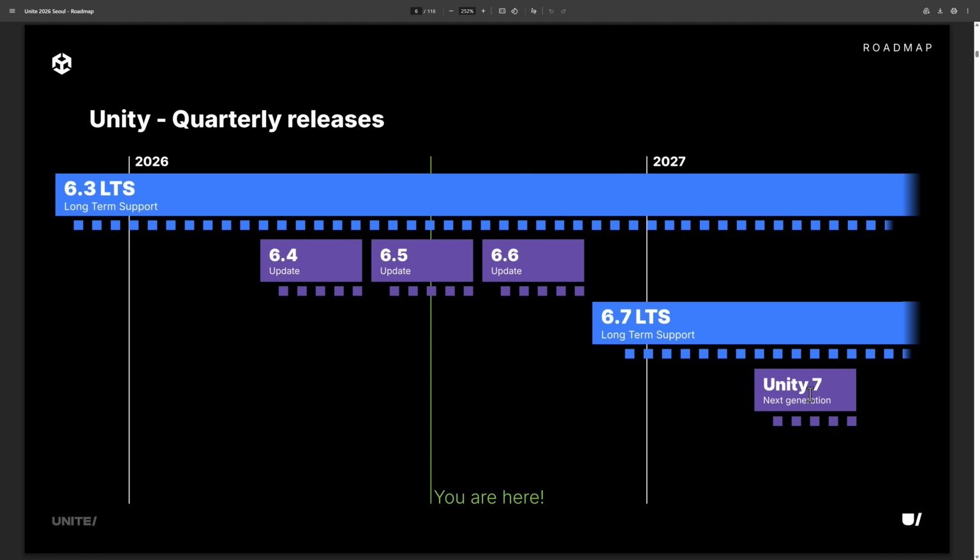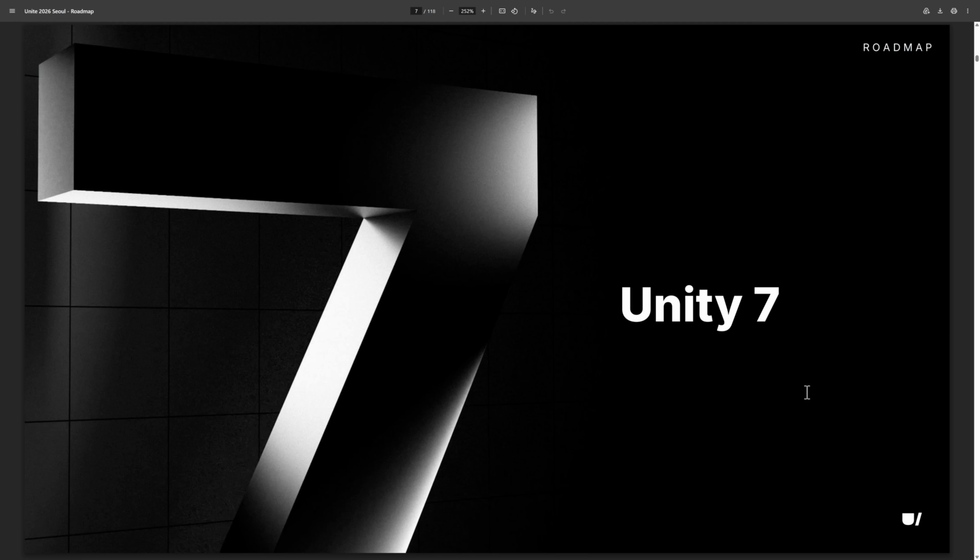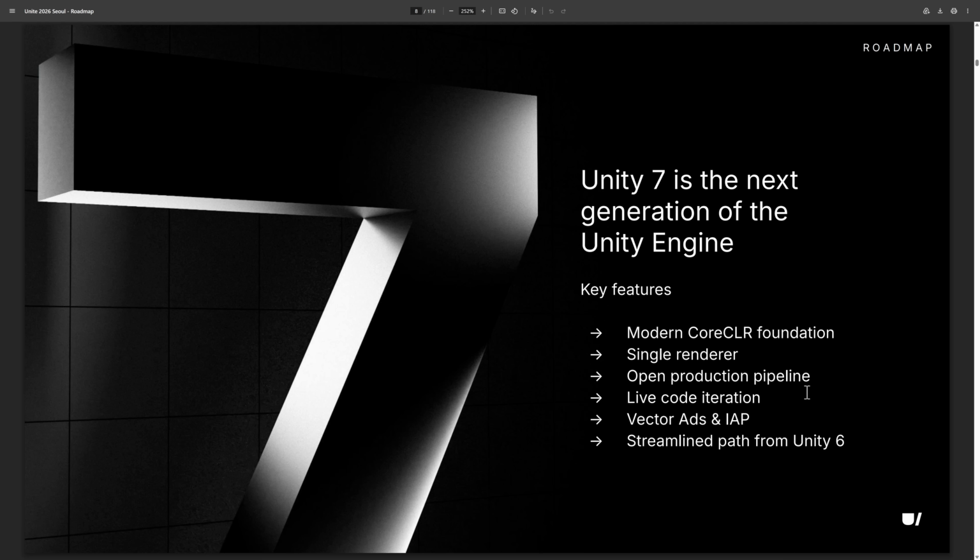Now, I want to put things into perspective. Unity 7 is Unity 6.8. They just rebranded it. This is the point. Basically, a lot of things were going to happen in Unity 6.7. It looks like some of them have been pushed back a release. So this was when CoreCLR was supposed to become a thing fully. Now it looks like we're all going to be done with CoreCLR, and instead of calling it Unity 6.8, we've called it Unity 7. This isn't necessarily a bad thing. Unity 7 was going to come eventually, but every time there's Unite, I think there just needs to be something to hype, and so here we are.